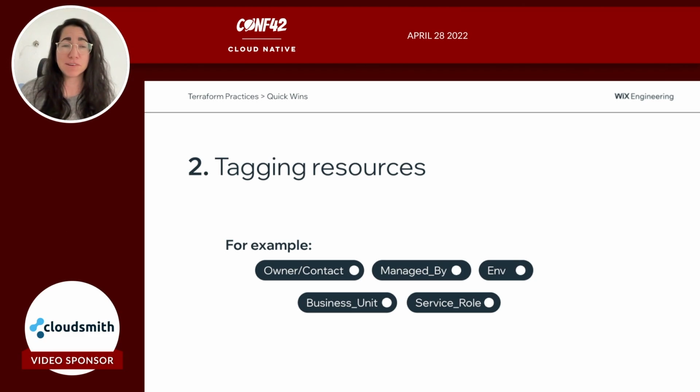The next thing I want to talk about is tagging resources. I think this is a must-implement practice because it allows you to filter your cloud provider expenses and sort them, because if you use tags, you can sort by whatever you choose to. That way you also gain visibility on ownership and overall projects. So if you tag them correctly, you can do a lot of great things, sort and see and really track your cost management and other stuff along the way.